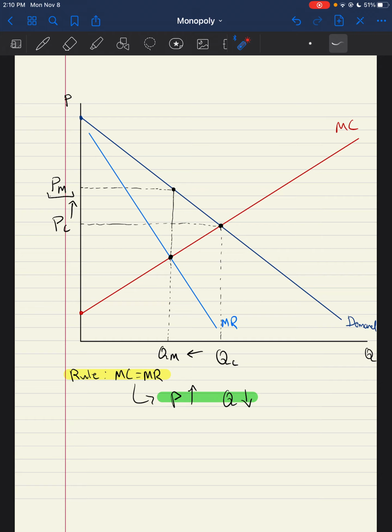Okay, so let's break each of these down one by one. First, let's talk about the consumer surplus. What's going on with the consumer surplus? Well, if the price has now increased from here to this value, these consumers can no longer purchase this product. Their willingness to pay is too low. It's much lower than the price that is being set